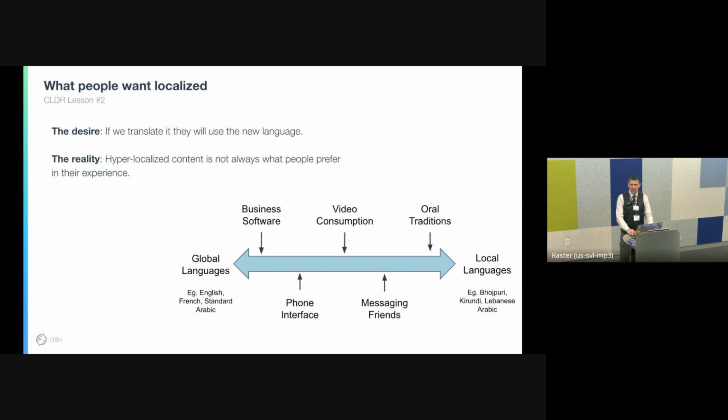In business software, maybe people prefer using those global languages. Translation into the local language is not actually what they want. Whereas when people are talking to each other, telling stories and talking to their community, they'll use the local languages, but that's not reflected on the actual platform that you're building. There's a whole continuum here of people preferring global languages versus the local ones.